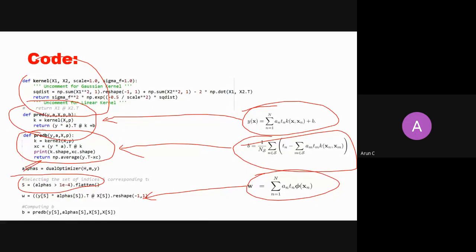What I am doing is, for all those alphas where I have some non-negative number, I put 1, and the rest of them will be 0. And then it is an S vector, which says that wherever I have non-zero alpha, I will put 1, and for the rest of the terms I put 0. So wherever I get 1, these are support vectors, and where I get zeros, they are those points which are beyond the margins, right? So this is my S vector. It is very easy to filter which are support vectors.